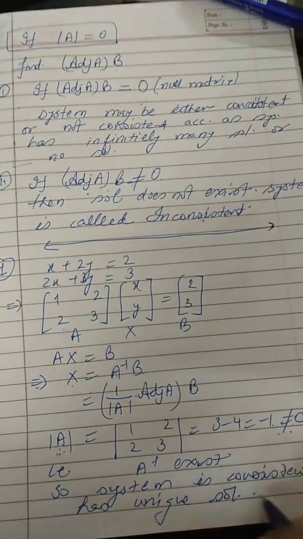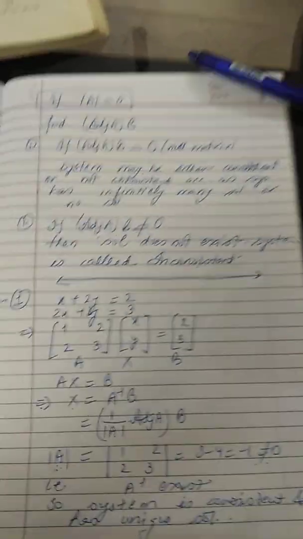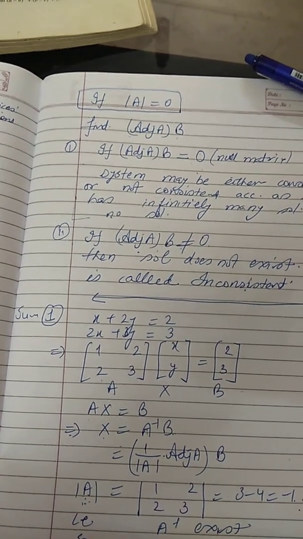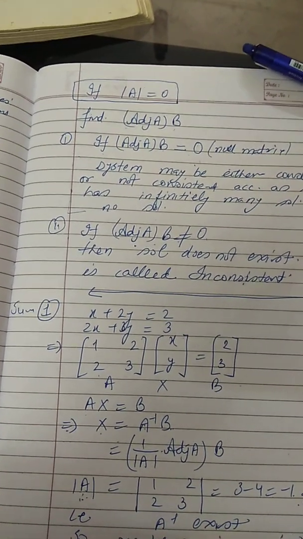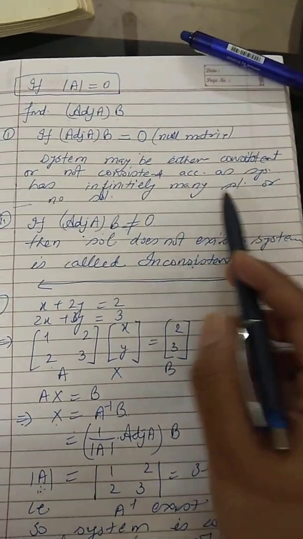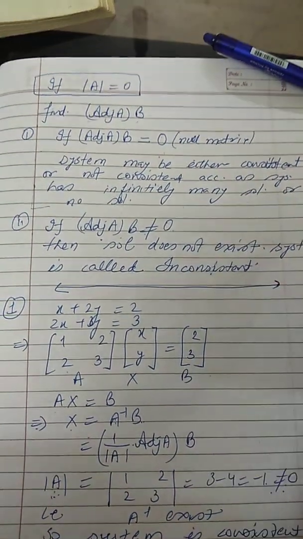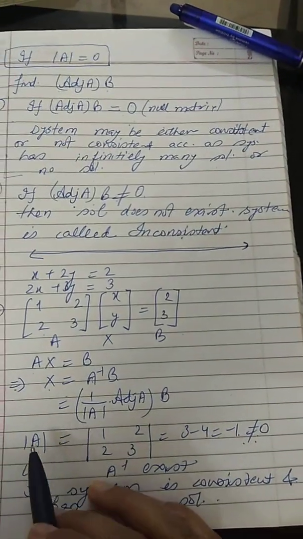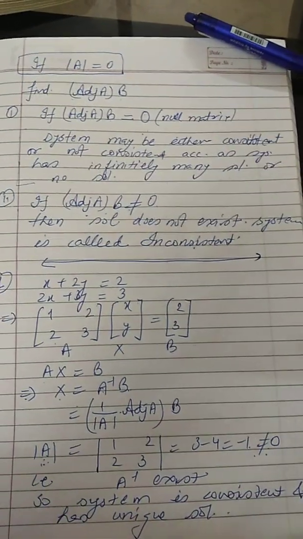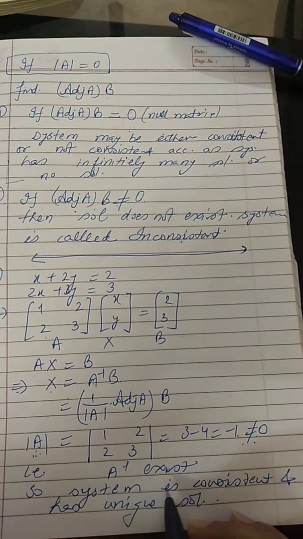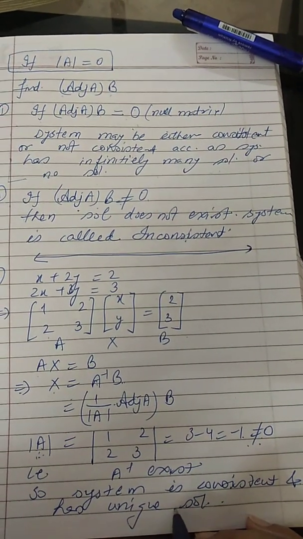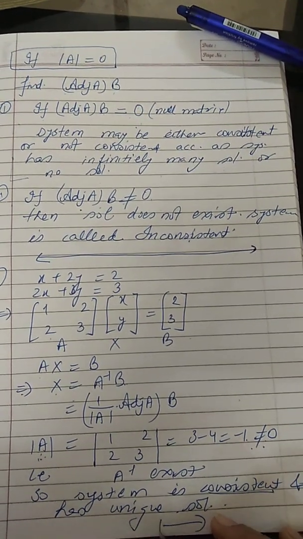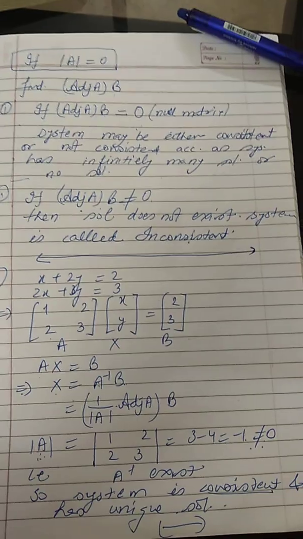If you remember, in the previous classes when we started the system of equations, we used these three terms only. One will be the solution exists and it is unique. Second will be the solution exists but there will be many solutions. And the third is the solution does not exist, right? So whenever we have A determinant non-zero, that is, a non-singular matrix, the solution exists, it is a unique solution, and the system is consistent. That's it. So in the first 6 sums we will be doing till this point only, right?